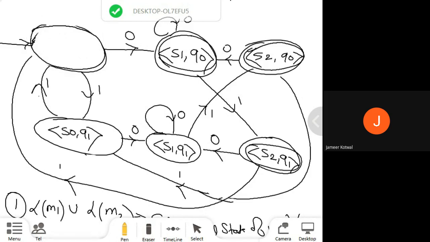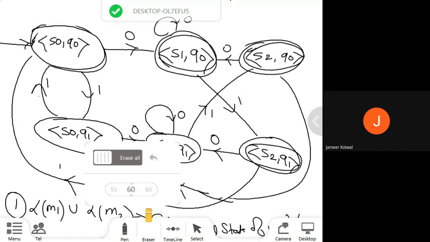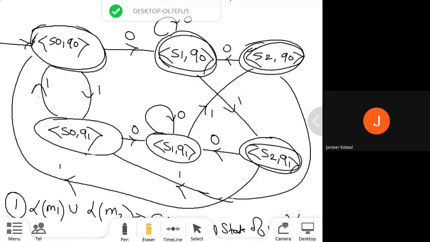This one is S0 Q0. Correct? That same state, I replace this state. The next one is this one, S2 Q1, and the last one was S1